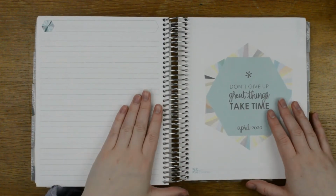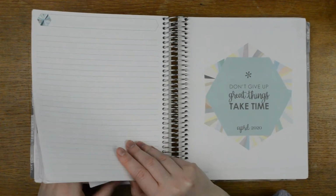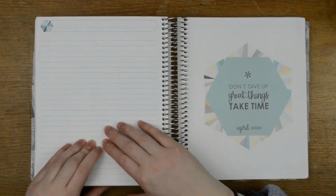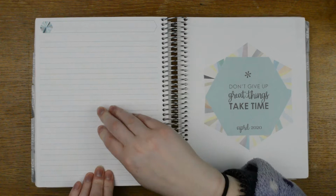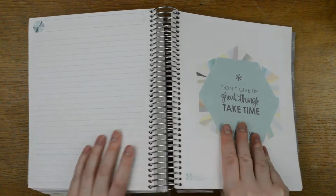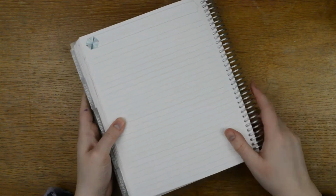So this is the first spread we're going to start off with, and we are going to start off with my spending tracker, which actually is going to stay pretty much the same. I just realised how much chunkier my double boxes are than the rest of my planner. But anyway, that's irrelevant. Let's get on with it and get my